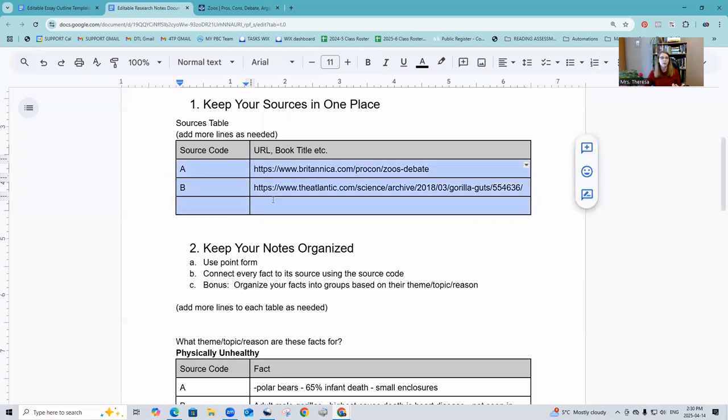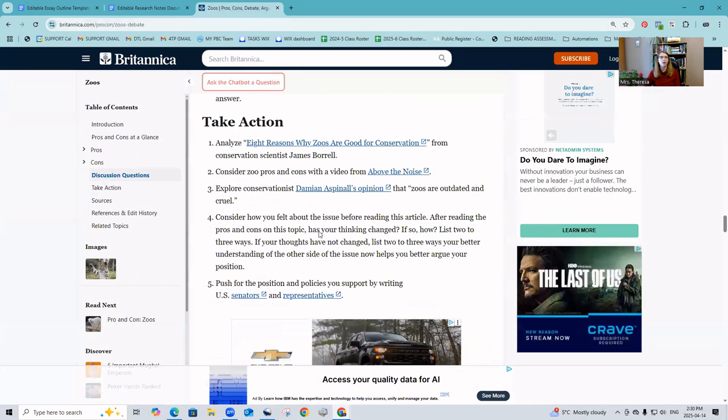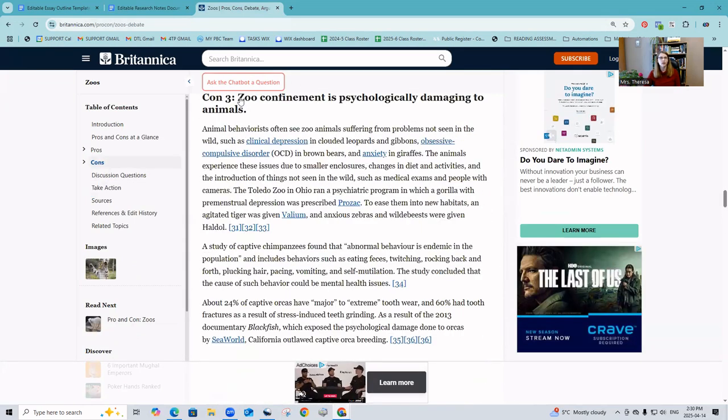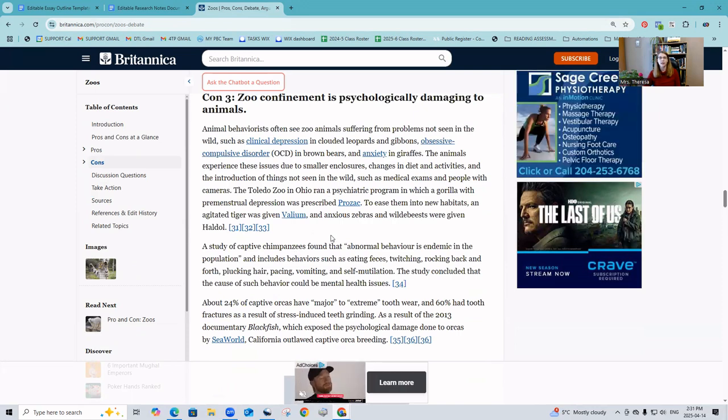If we have 20 sources here, but we only use one of them, that doesn't count. We want to make sure that we are using more than one source. We have to be using multiple sources to prove our opinion. We can't just go to this and go, oh, look at that, I've got everything off this one source right here. All these facts, I could just write my essay using these facts.